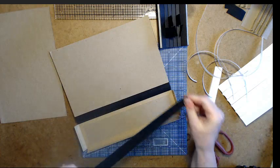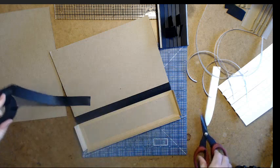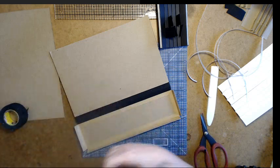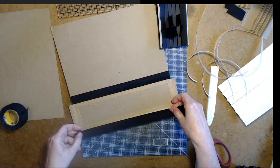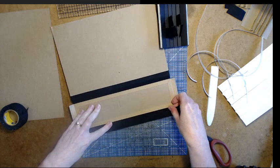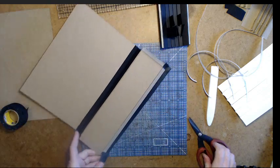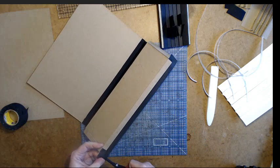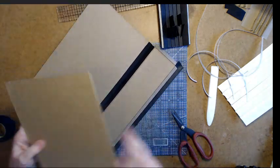So on one side I'm going to extend it about 1/2 inch beyond. On the other side I'm going to stay within that, and that close to the joint. I want a little bit longer on this end, so trim that off a bit. Take my other cover,